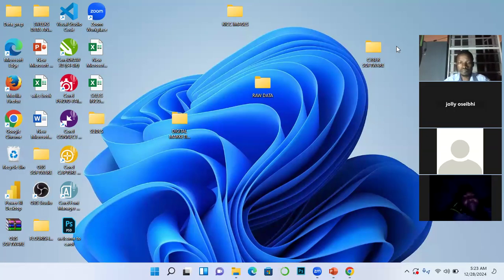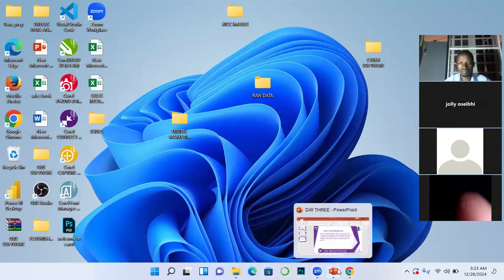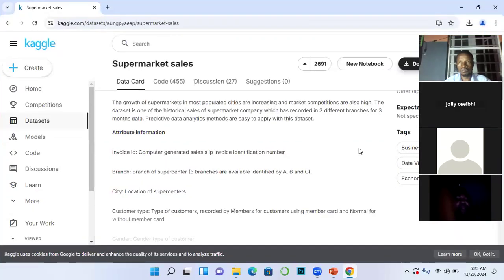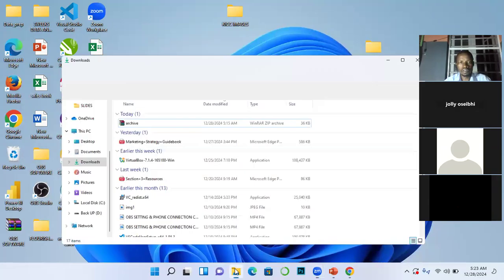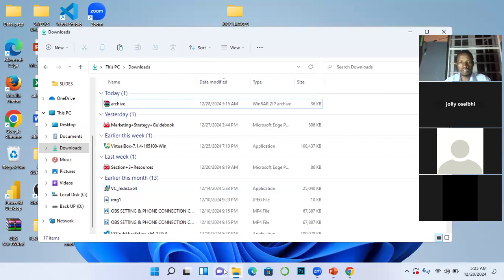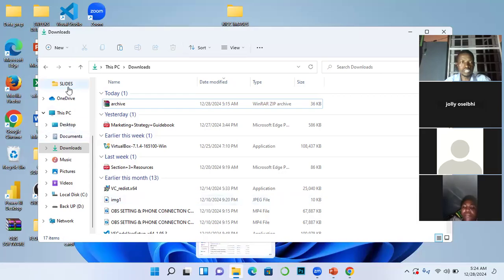All right, so let's proceed. I was still on extracting the data sets we downloaded from Kaggle. So let's go back there. Like I said, you open up your file explorer. So this folder is a default folder. You always find it on your window taskbar. So once you click on it, then it brings out this dialog box. So this dialog box allows you to